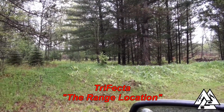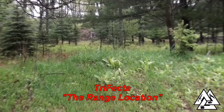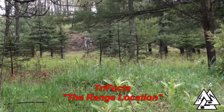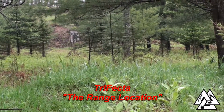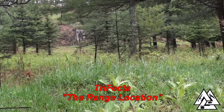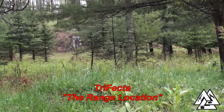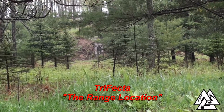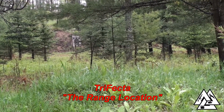Down in the area where you see all these little pines on the way out there, I will show you a tremendous amount of buck rubs in those trees right there. We've had big bucks come through while we're doing training, so we had to basically stop training, ceasefire, to let the bucks go through. And there's big hills and valleys in here as well, so almost everything is a natural